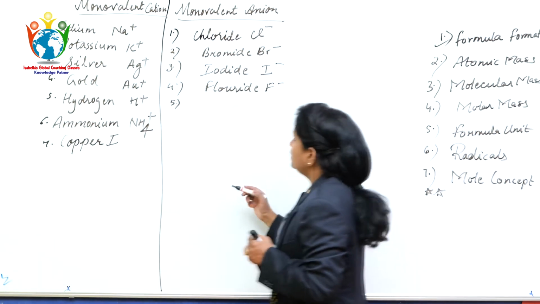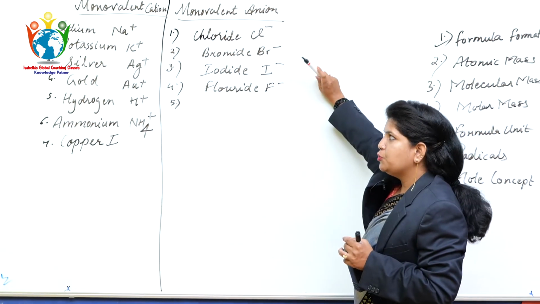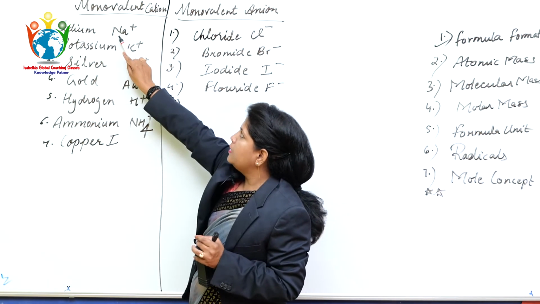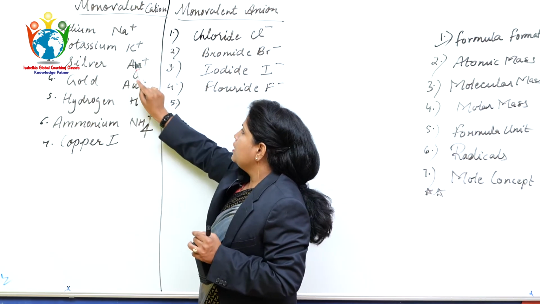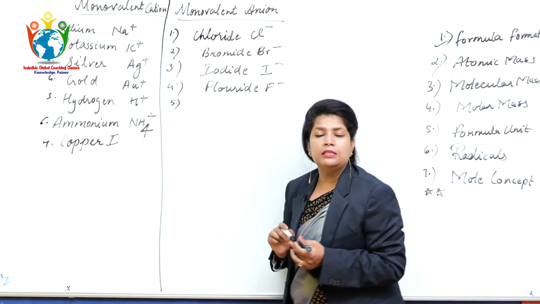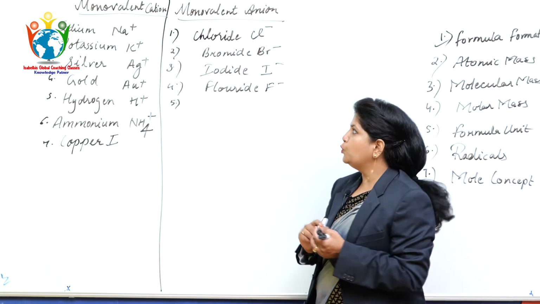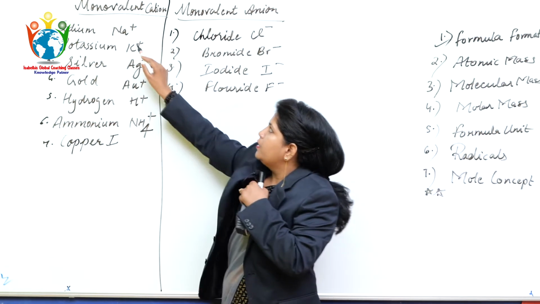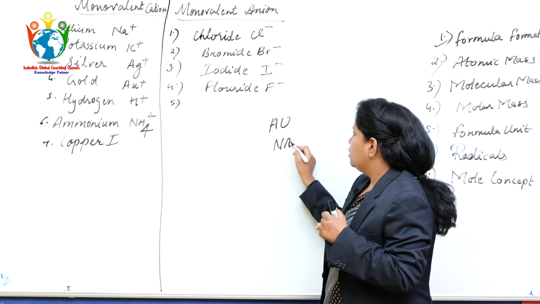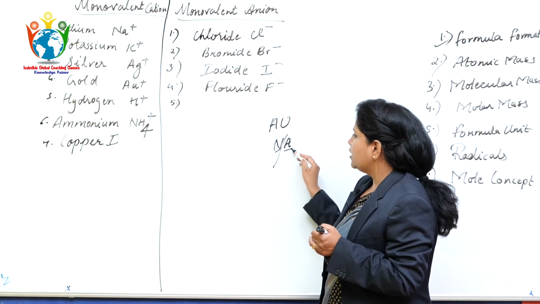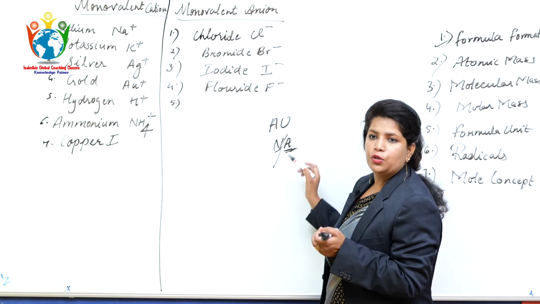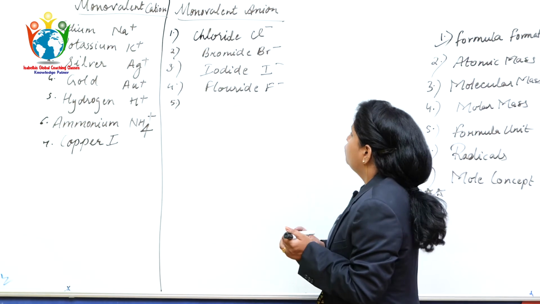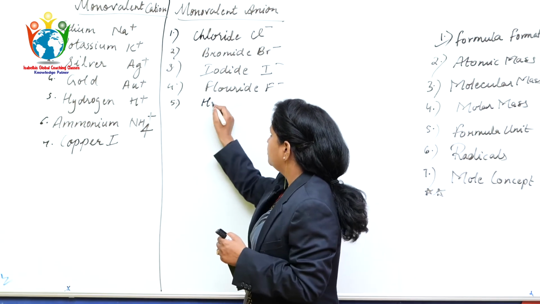Fifth. See just how clean I am writing. When you are making notes also, you have to be very, very careful. Here a few things you have to be very specific. Capital N, small a, K, capital A, small g, because when you are writing the symbols, you have to be very careful. You cannot write Au like this. It is wrong. You cannot write Na like this, because that would be nitrogen, and we don't have any element such as capital A. So, be specific when you are writing symbols or the formulas. Now we have hydroxide.